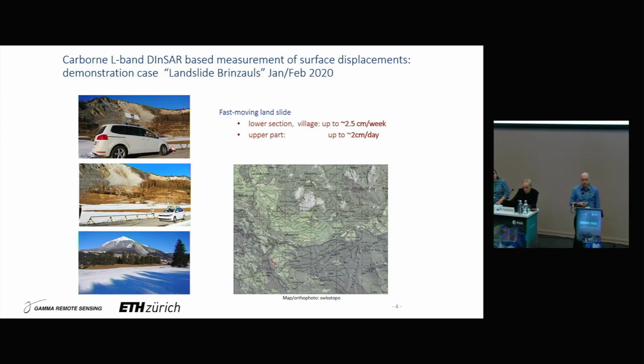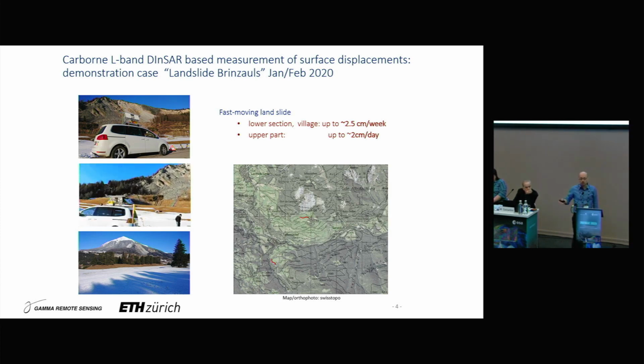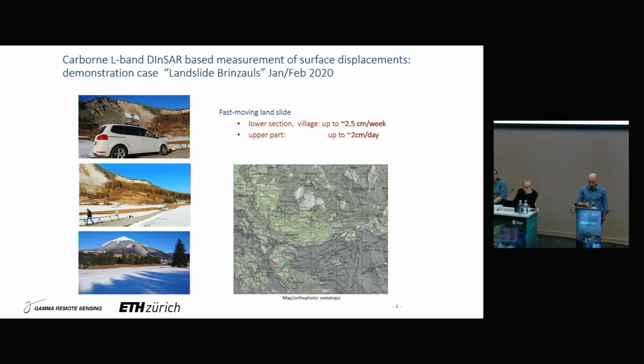We're driving by the site on a car, so we need a road. That's the main disadvantage with this approach, of course. If you have a road in front of a moving slope, you can use this system. We're driving by, typically taking a synthetic aperture of, let's say, 50 meters, 100 meters, 200 meters. And with that, we can produce a high-resolution image, also at L-band, and do this repeatedly to get displacement measurements.